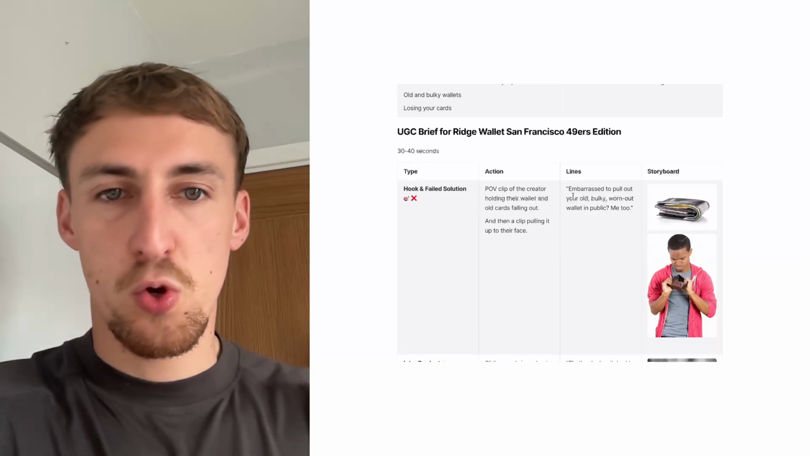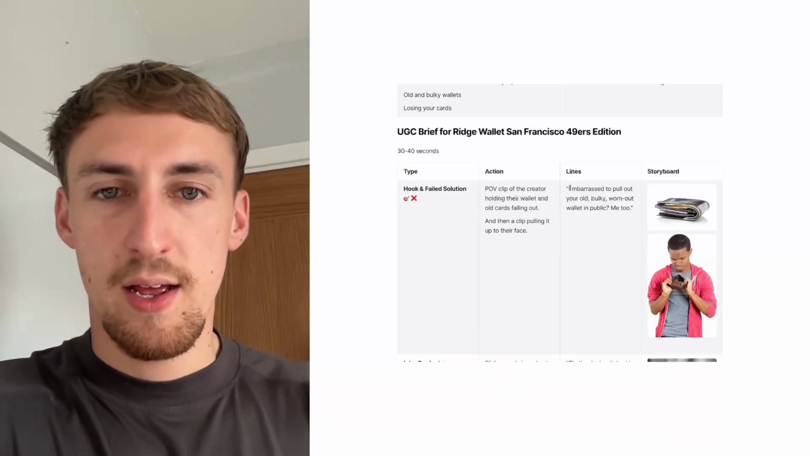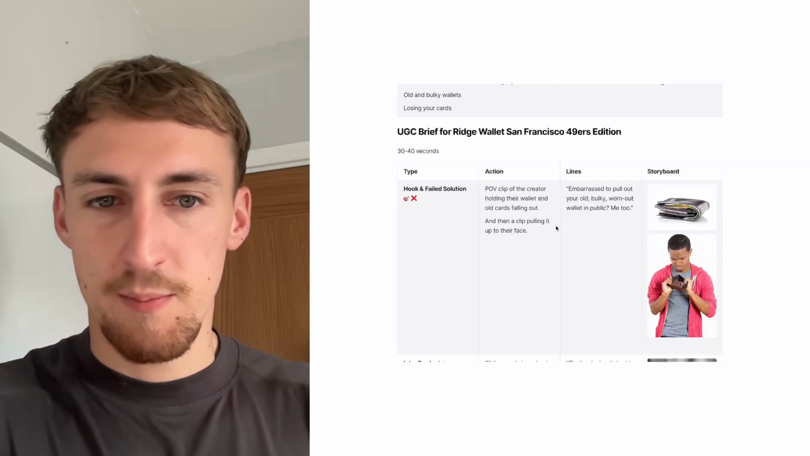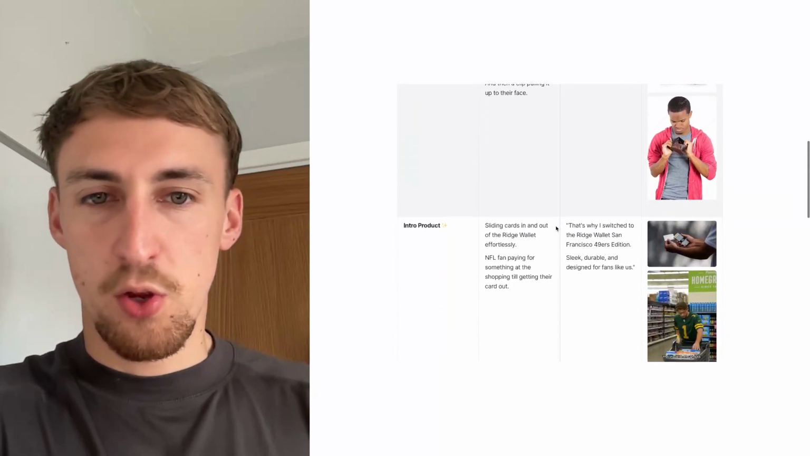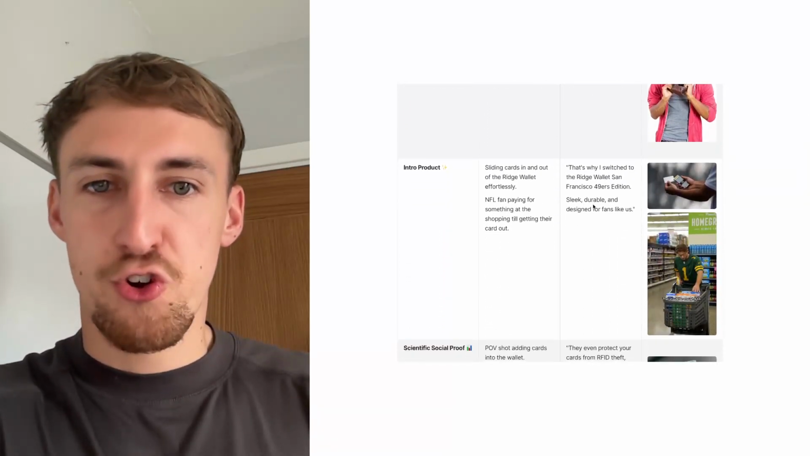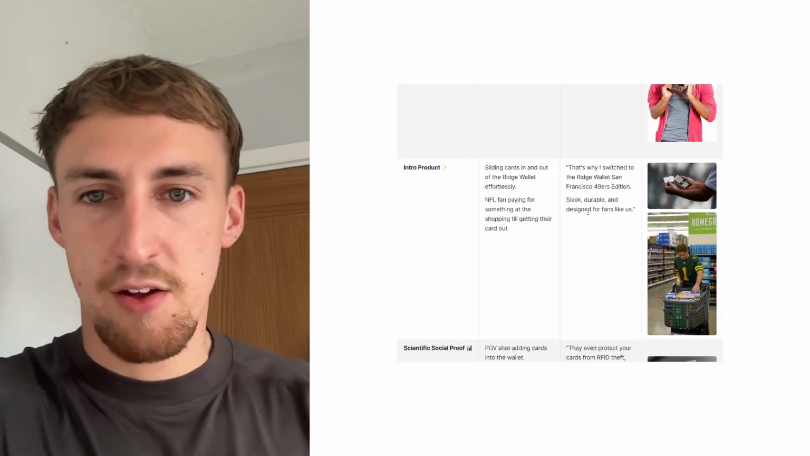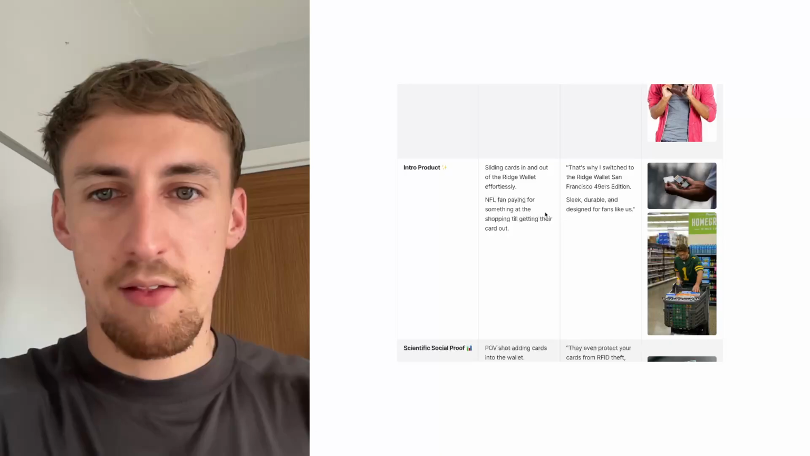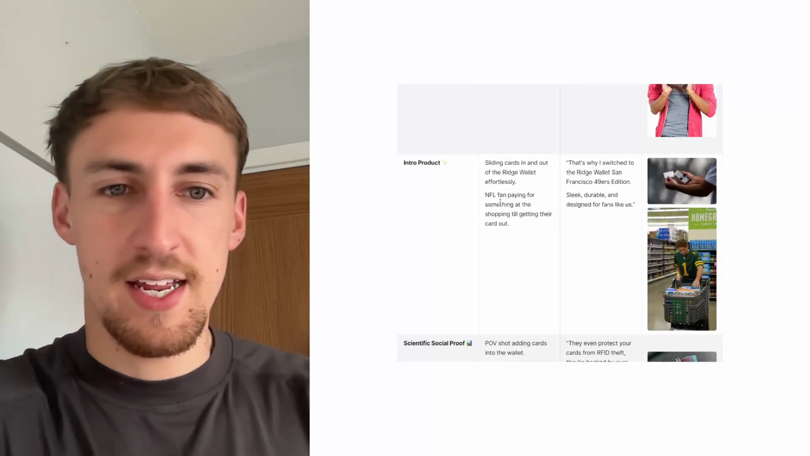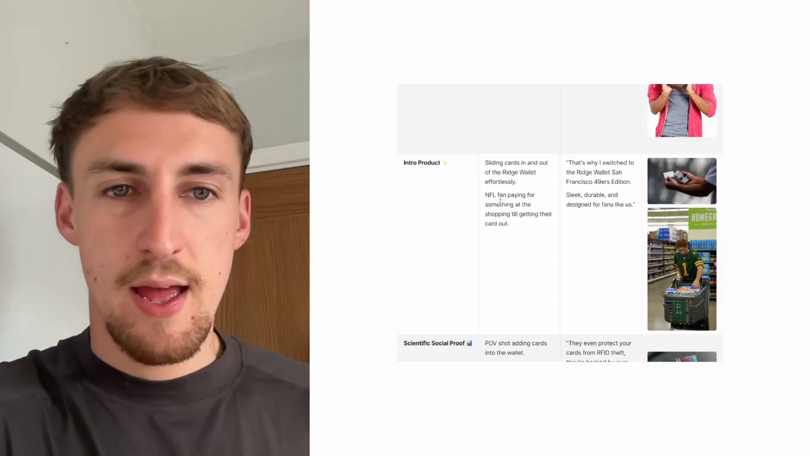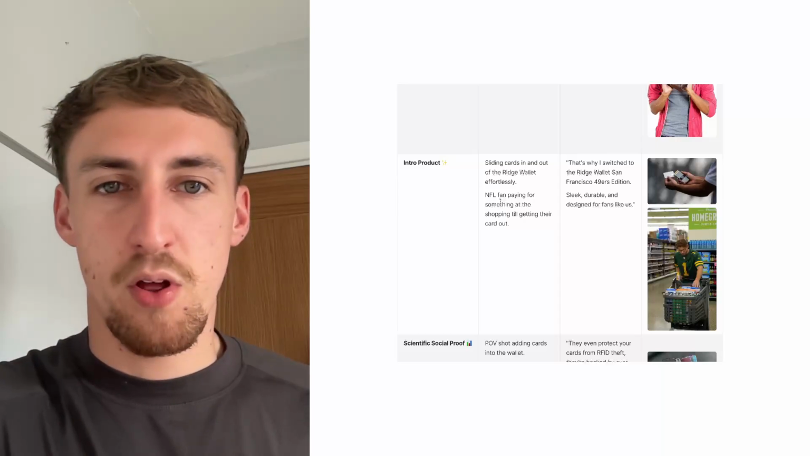So in this hook, we're calling out the pain points straight away. "Embarrassed to pull out your old, bulky, worn out wallet in public? Me too." And then we go on to talk about the sleek, durable design, because I think we are doing the NFL edition here, so it'd be cool to have the NFL fan in the ground pulling out the wallet really quickly and paying for something, because obviously that's a pain point of theirs,